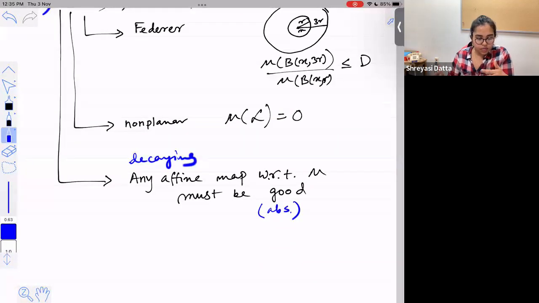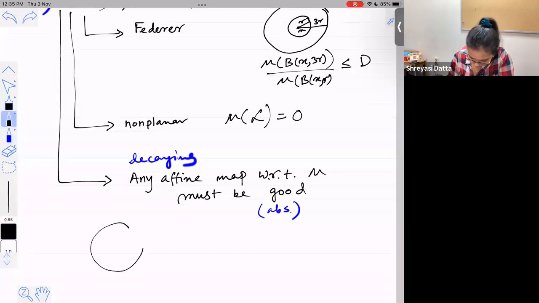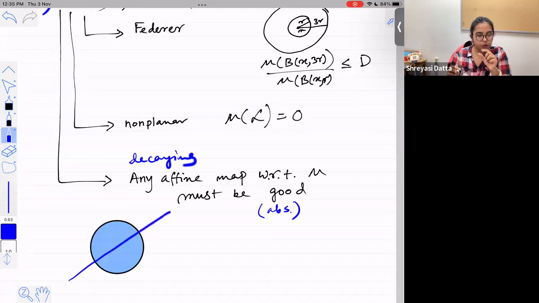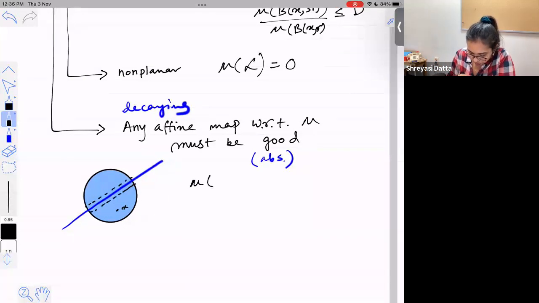Another way to think about decaying is that if you take any ball and intersect that ball with any affine line, and look at any small neighborhood of that line, then from any point x you can talk about the distance of x from that line. That is an affine map. So saying that the affine maps are good means that you want to make sure that mu of B intersection